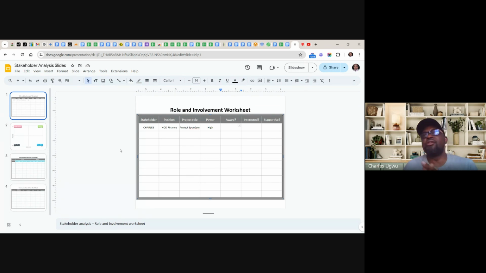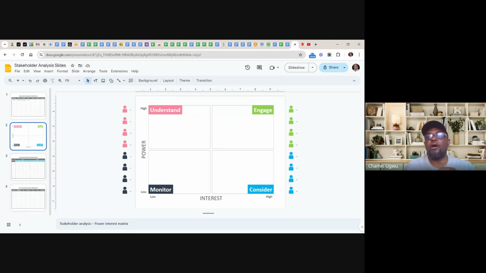So to make this clearer, or to show it in a visual diagram, you can apply this to the project. We call it the power grid. Power grid here helps us to look at the level of power and interest, not power and interest grid. That is what we call it. Because you see here, you see power, you see interest. Here we tell you the level of interest of the stakeholders, and here we tell you the level of power.